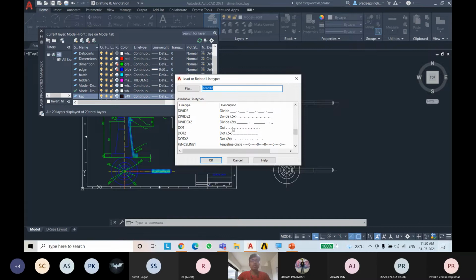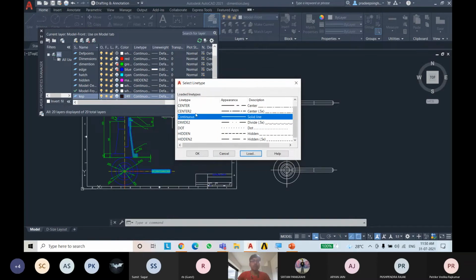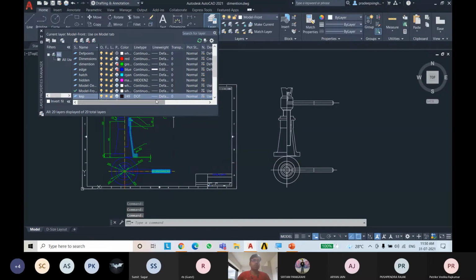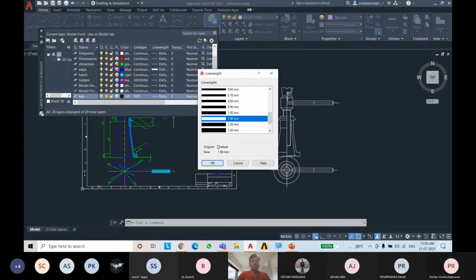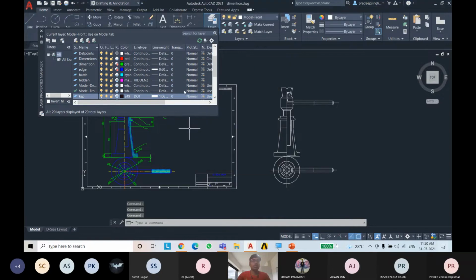I will be using dot just to show you. So press OK, then select dot, and press OK. You can also change the width of this line. Go to Line Weight, where you can see 2.11 mm, 20, and you can choose a different width. So I'm choosing 1.06. Okay.